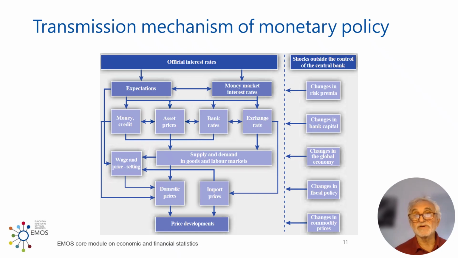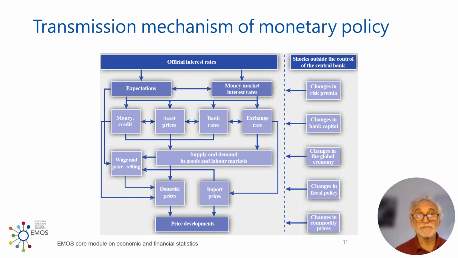And that is a long and variable process, long and variable in terms of how long it can take, and it entails a lot of elements. And these are the elements, these boxes. I'll come to some of them in a moment. And that's where you need information. So you want to know exactly, when you change interest rates as a central bank, what kind of effects does that have? And so you have to look at the different markets, at the different parts of the financial system.